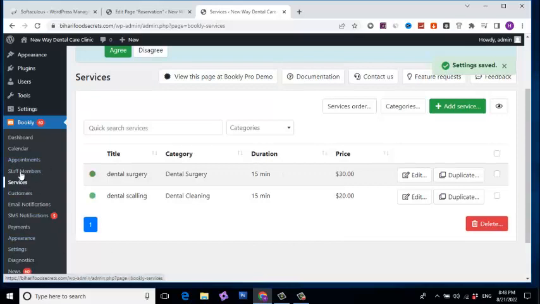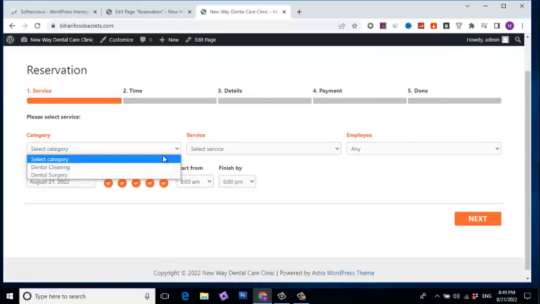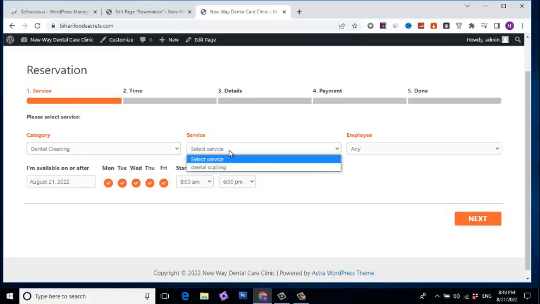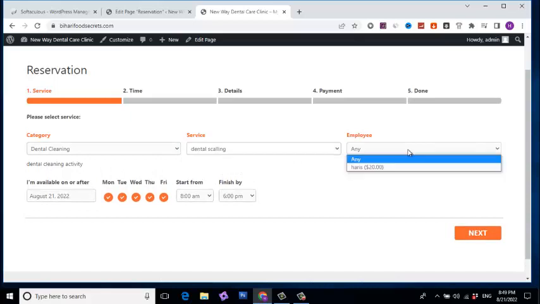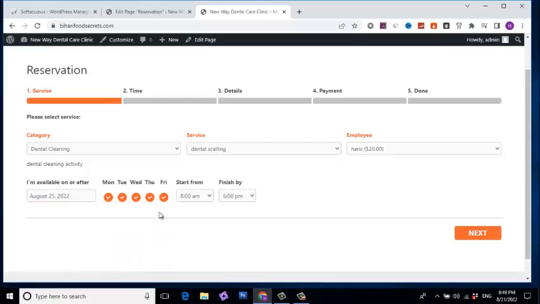Now I have made the services, now I have made the staff member. Now we just move towards our website, the front page. This is the reservation. So here you can see what need to be selected. First, the category need to select. For example, a patient has to become, and we are selecting dental clinic. Service, what he wants, dental scaling, who will do the job. This is Harris, and at which date he need to do. Maybe I just select it for 25th, and what time it should be. The time should be 11 to 12 p.m. and then we select next,